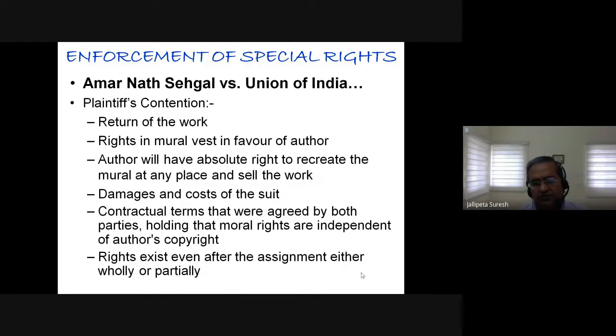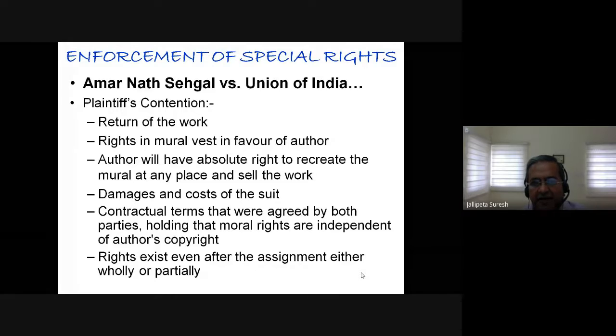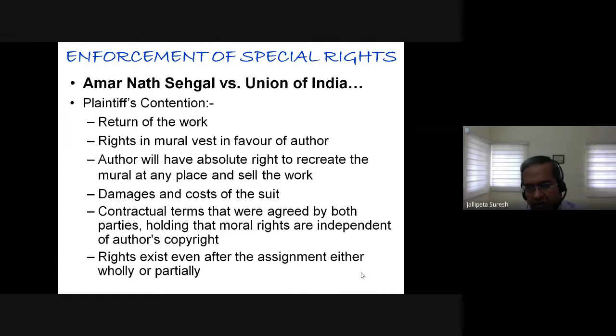During the course of these legal proceedings, Amarnath Sehgal argued, first, you have mutilated my work by throwing it in a warehouse. Therefore, you return my work to me. All the rights in the mural, you transfer to me, because you have not been using it properly and you have shown disrespect to me. So you return those rights. Then you give me damages. And secondly, he said,